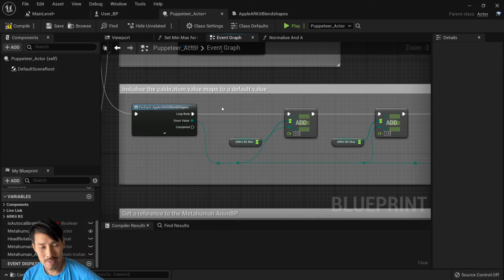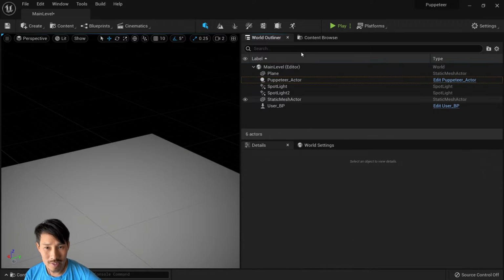Then we initialize some dictionaries. There's the ARKit blend shape min and ARKit blend shape max. So in the interface, you've got the minimum range and the maximum range for ARKit blend shapes. So we're just initializing to a default value of 0 and 1. And we're going through each of the Apple ARKit blend shapes. Now that list of enumerators